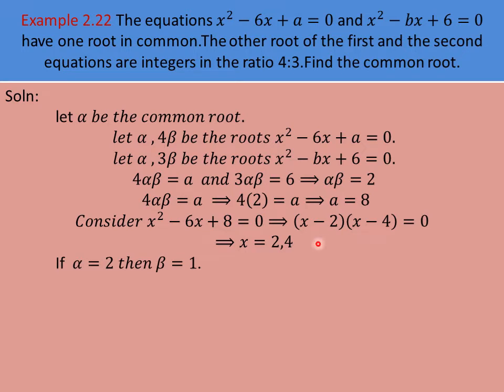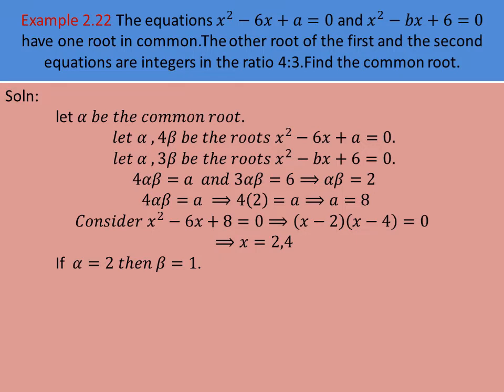So here we have two values for x, isn't it? x means roots. So first we are taking alpha as 2. Alpha is a root of this equation, so x you can replace with alpha. So if alpha is equal to 2, what will you get for beta? Okay, you can see here. When we replace alpha by 2, beta is equal to 1. 2 you can cancel on both sides. Beta is equal to 1 we have. So when we replace beta as 1 in these two values, 4 into beta, here we will get the second root as 4. Here the second root is 3. It is an integer value only. It is given the second root should be an integer.